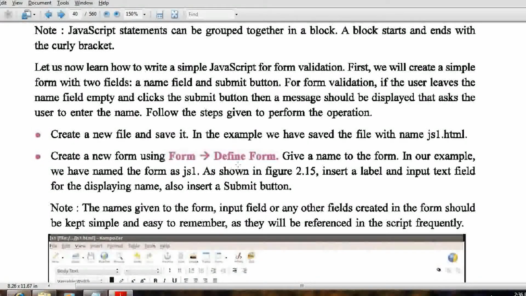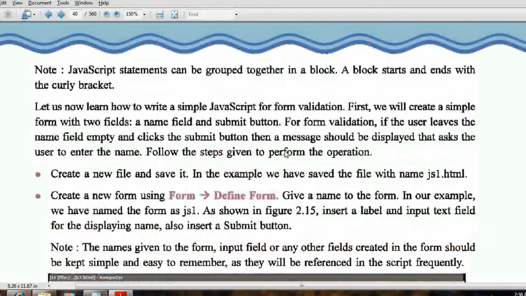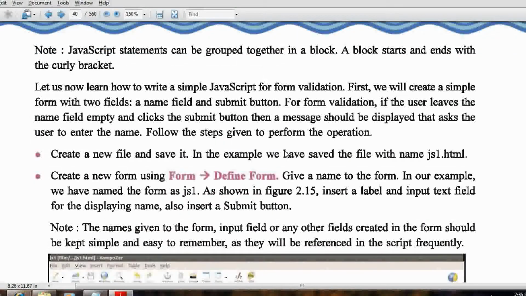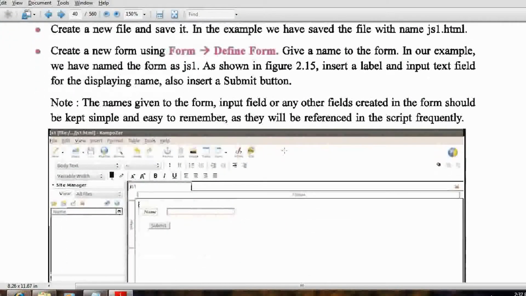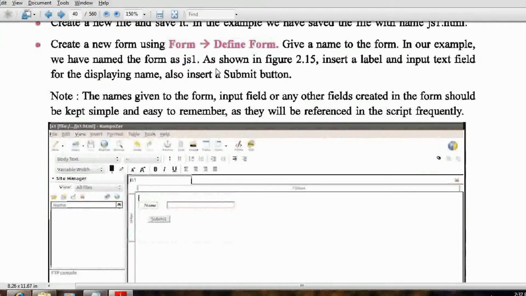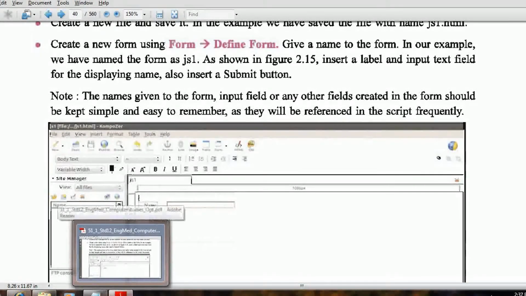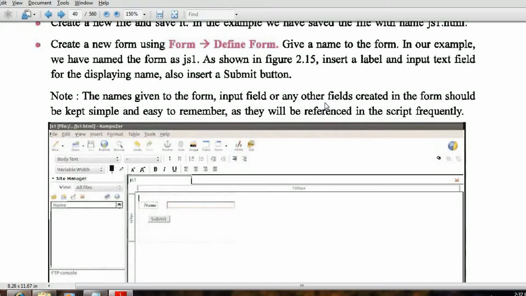For this purpose we create a new file and save it with the name js1.html. Then we need to define the form with the help of Composer commands. So we will create the form, then we will add JavaScript. Before that we read the instruction.